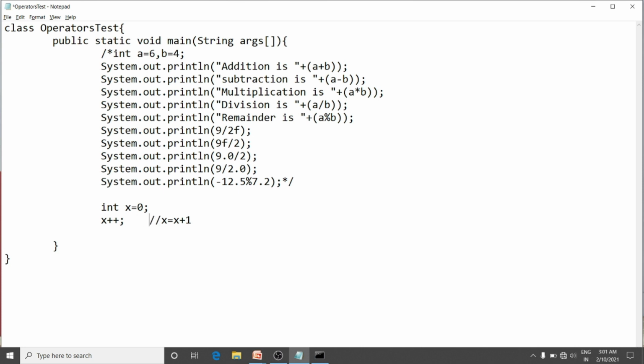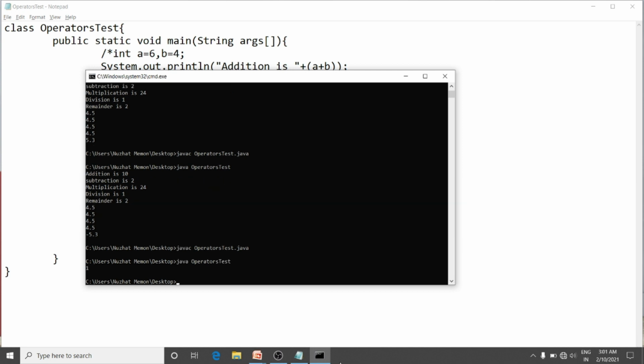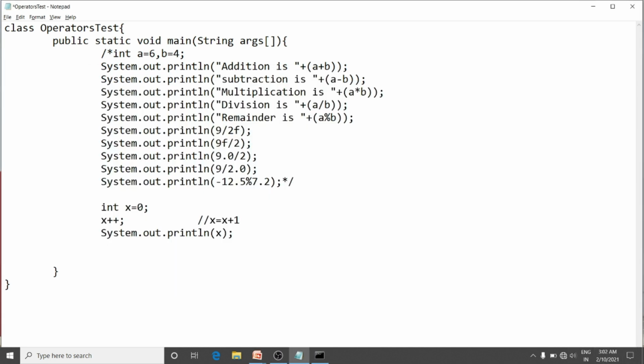Here I will comment it out. Now I will print the value of x, System.out.println. Here the value of x will be incremented from 0 to 1. If my expression is like x minus minus, then system.out.println x.